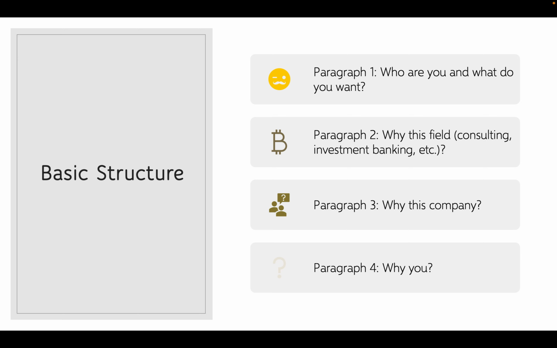The order of these paragraphs is not necessarily fixed. You can mix and match, and you can even combine, because sometimes the why this field and why this company question can be answered in a single paragraph. Or you may need 2 paragraphs to talk about why you are the best candidate for that position. Or you may want to put the why you first and then talk about why the field and why the company last. And that is perfectly fine. So, that first paragraph really does need to go first. But the other 3, as long as these 3 questions are being answered,